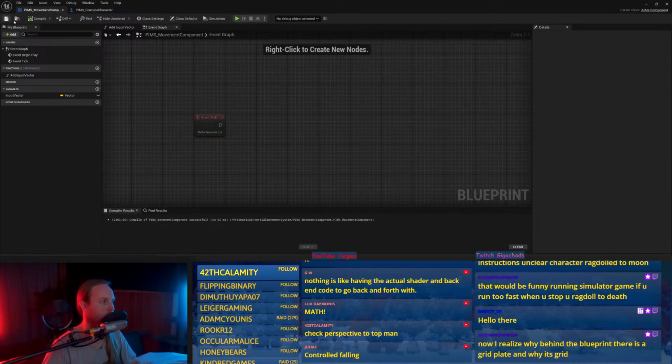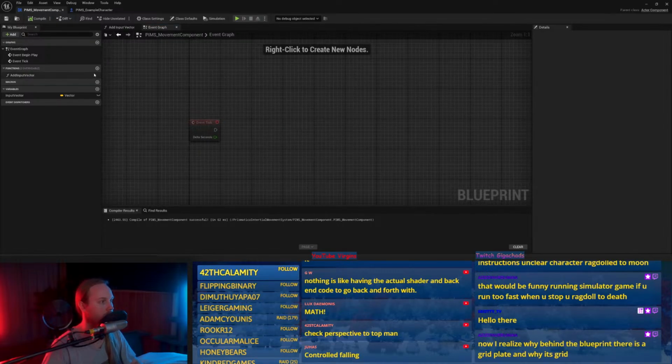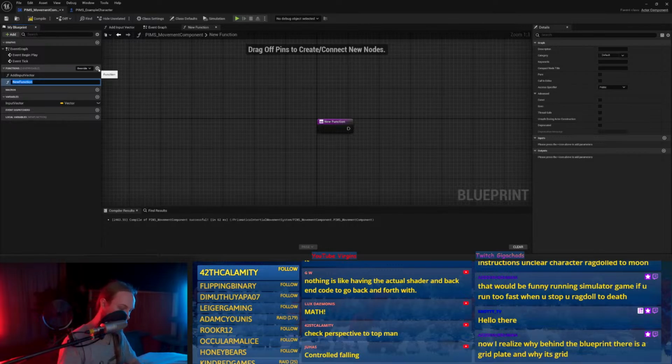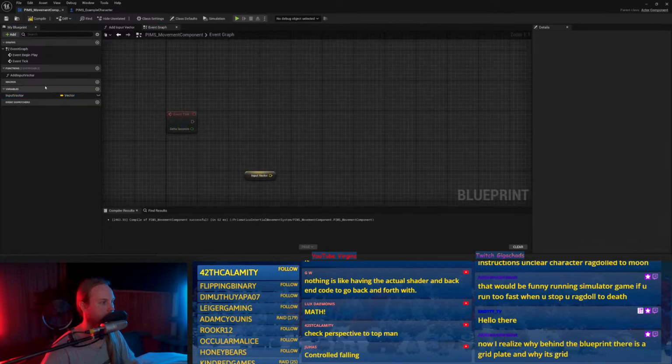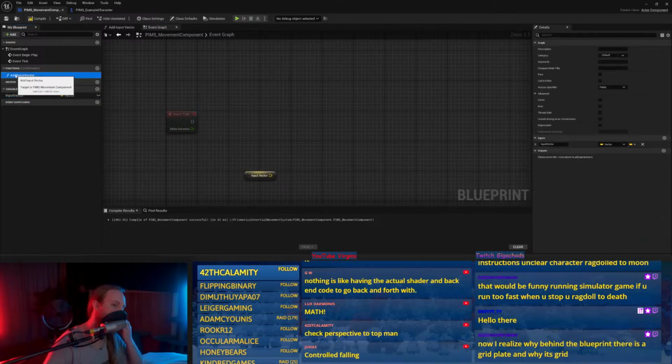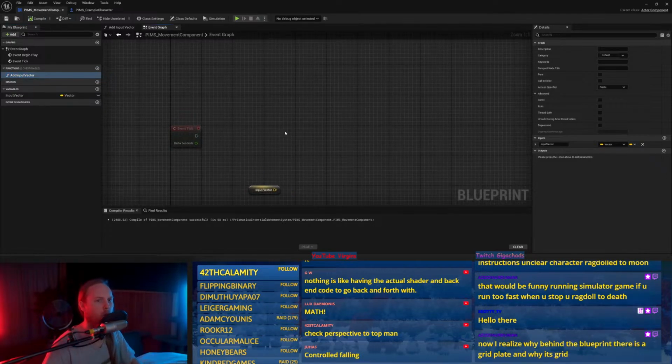So what we want is a function called... does it even need to be a function? We could just get the input vector. When does that get called?